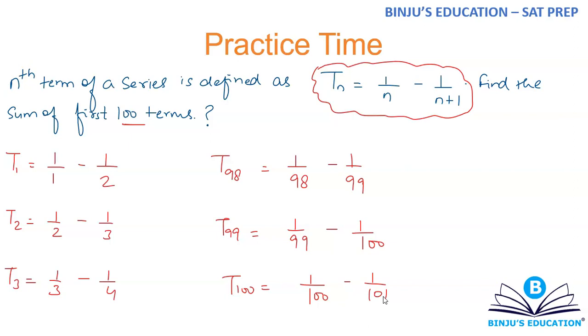Okay. Let's suppose you're solving this question for the first time. So what you'll do, once you have identified that first term is 1 by 1 minus half, so that is equal to 1 by 2. 1 by 2 minus 1 by 3 is 1 by 6. 1 by 3 minus 1 by 4 is 1 by 12, and so on and so forth. After finding out first couple of terms, you'll be like, how am I supposed to add these terms? How can I add 1 by 2 plus 1 by 6 plus 1 by 12? Then it's going to be 1 by 20, then 1 by 30, and so on and so forth.